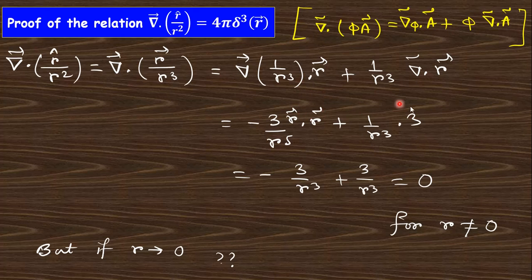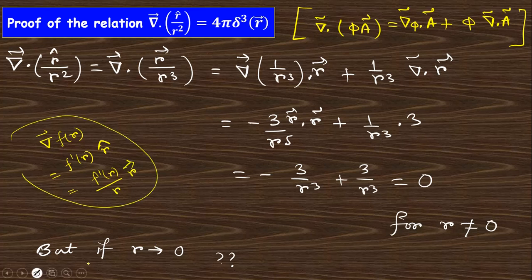If you don't know this formula, you can refer to my video which is already uploaded, the solution of vector analysis by MS Faisal. You can watch from there. Divergence of r is 3, and this is the property you know, that divergence of f of r is nothing but f prime r r cap, or you can write f prime r by r vector. This is already proved, you can watch there. This is used here, and finally you can see this is equal to 0 for r not equal to 0. No problem.